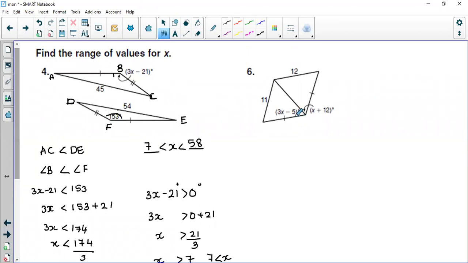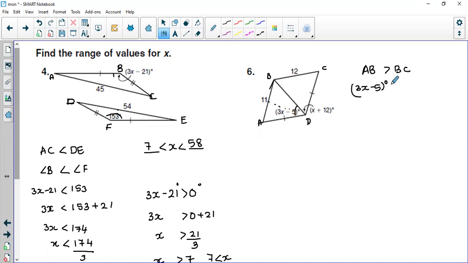Let's try out this question. Now, again, let me name the triangle. Do not hesitate to name the triangle however you want to. That will only make the work easy for you. So this is how I have named the triangle ABD, BCD. Right. The information given here, AB is of course greater than BC, because AB is 11 and BC is 12. So what does that indicate? That indicates that 11, so if this is 11, the angle corresponding to that is this one, which means 3x minus 5 degrees